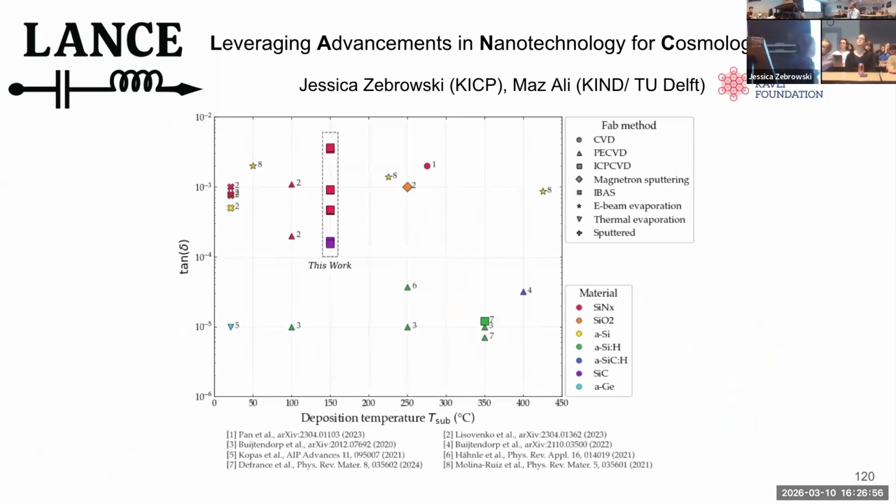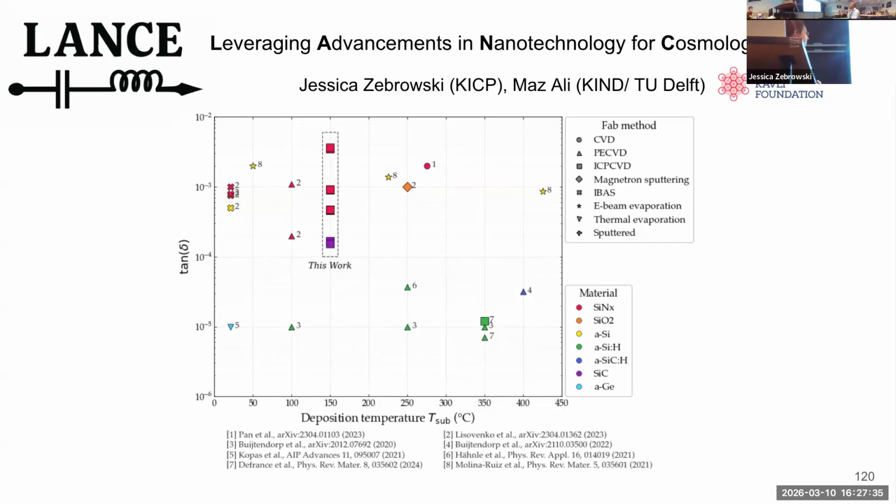What we're trying to do here is get to the bottom left corner of this plot. On the y-axis is loss, and on the x-axis is deposition temperature. The colder you deposit, the more you can use different materials, because it's really important that once you deposit one layer of your detector stack, you put the dielectric down, you do another one, you can't melt the first layer of the detector when you deposit the dielectric. So a lot of these hotter deposition temperatures limit what kinds of architectures you can use and what kinds of metals you can use. So trying to do this reliably, turning the knobs in a systematic way and slowly moving down to the bottom and left side of this plot has been something that we've been thinking about at University of Chicago.